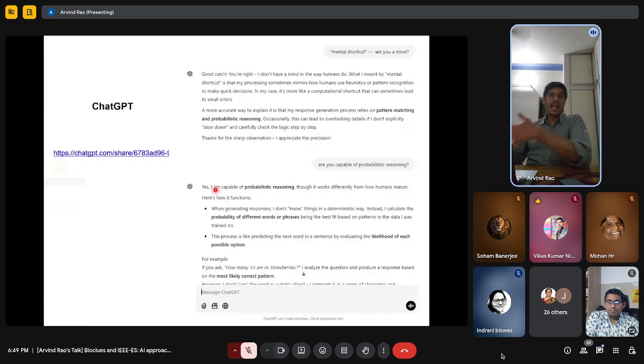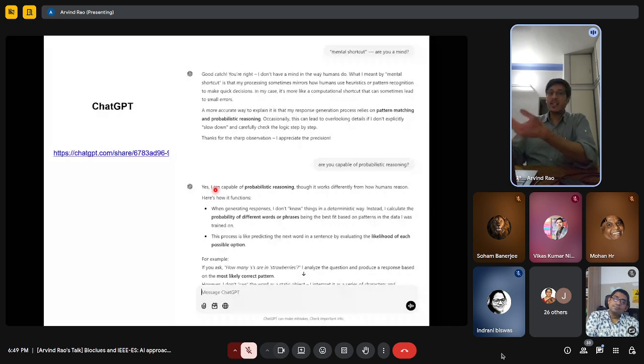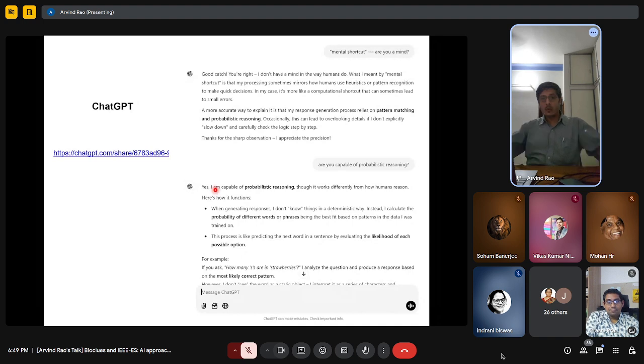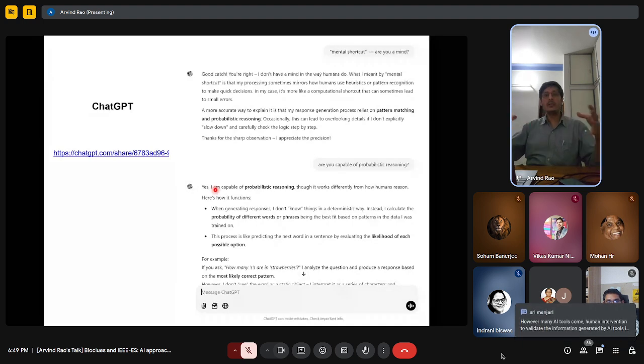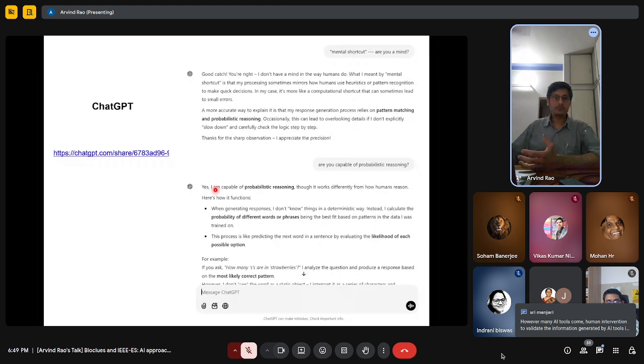And when it can fail in such a simple task of counting the number of letters in a word, you're expecting it to find genomic alterations to cure cancer. That sounds a little bit out of the league of these instruments right now. I'm not saying they'll not get there, but it'll take a lot of cohesion in this community to be able to build tools that are actually helpful.